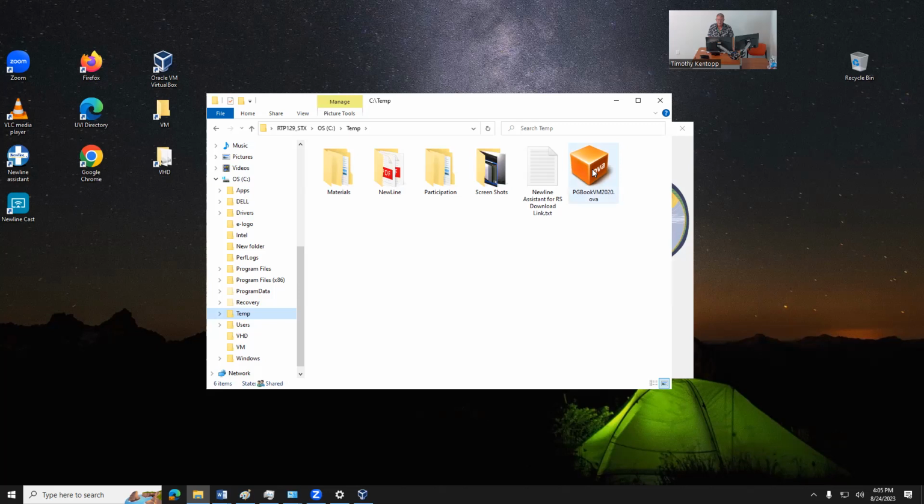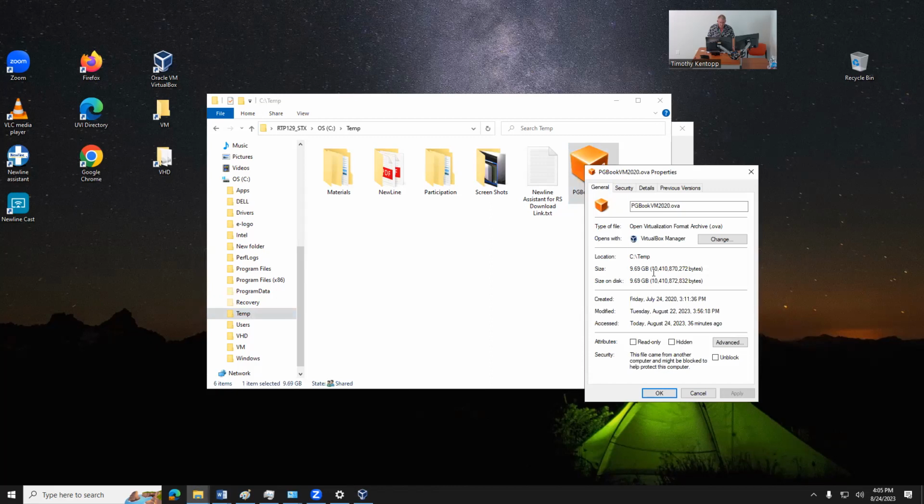Yeah? Temp folder? Yes. And there was a zip file, and we double-clicked it, and we opened it, and we extracted it. And if your version in Windows is proper and the whole thing came across, when you look at the properties of this OVA file, it should read